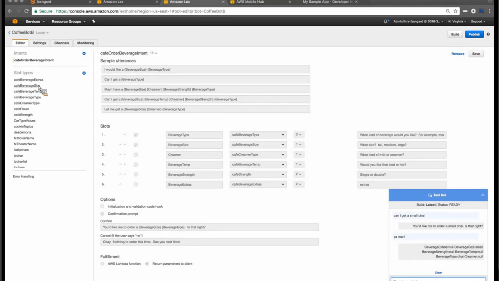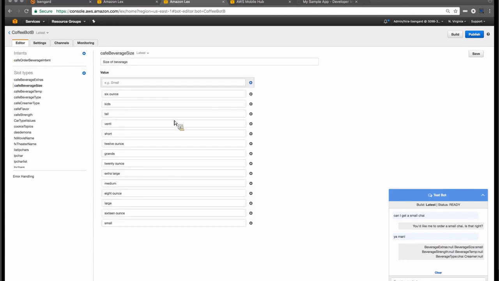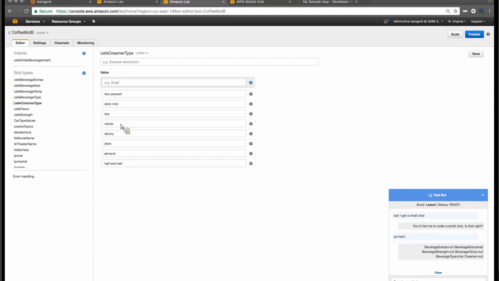One of the examples that I'd like to use with you is this beverage size. And as you can see, you can either use one of the generic slot types, or you can create a custom slot type. And while Lex will go beyond the values that you provide here, it's important to provide enough values so that Lex understands the kinds of items that are considered a beverage size versus, for example, the kinds of items or the kinds of words that it can associate with a creamer type.